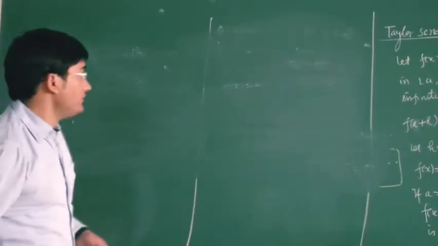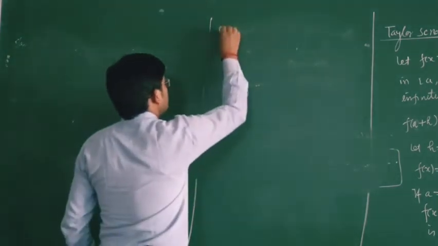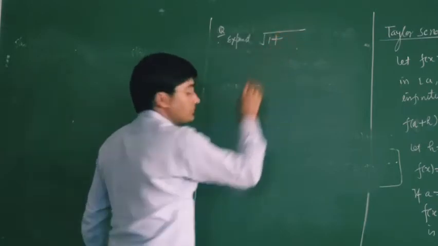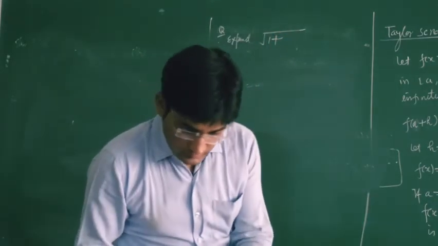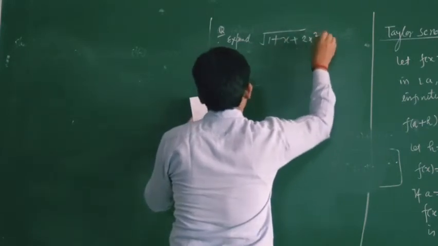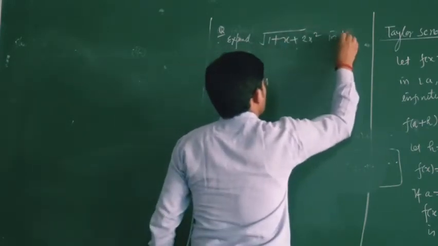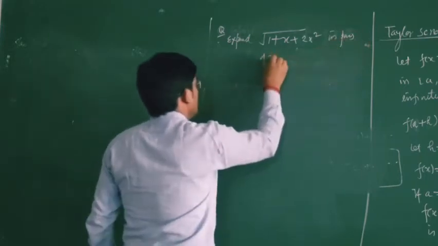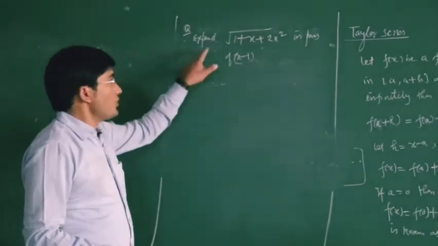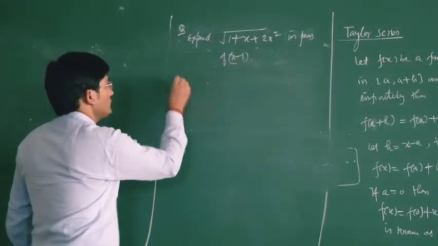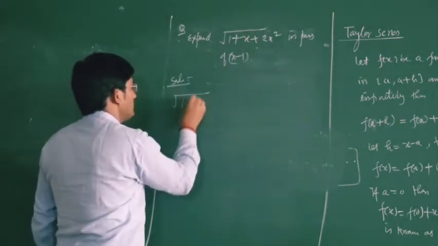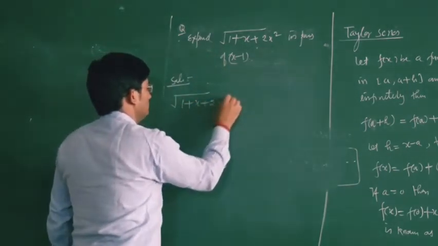Now expand square root of 1 plus x plus 2x square in powers of x minus 1. Let us expand this problem in powers of x minus 1. So solution. Here we can write this term as,